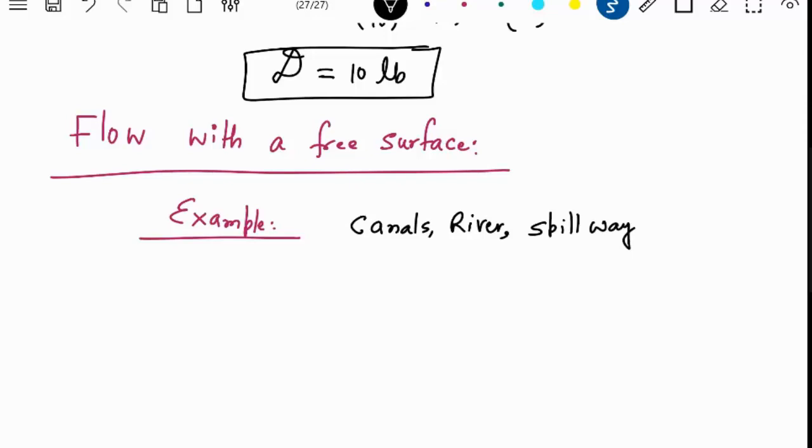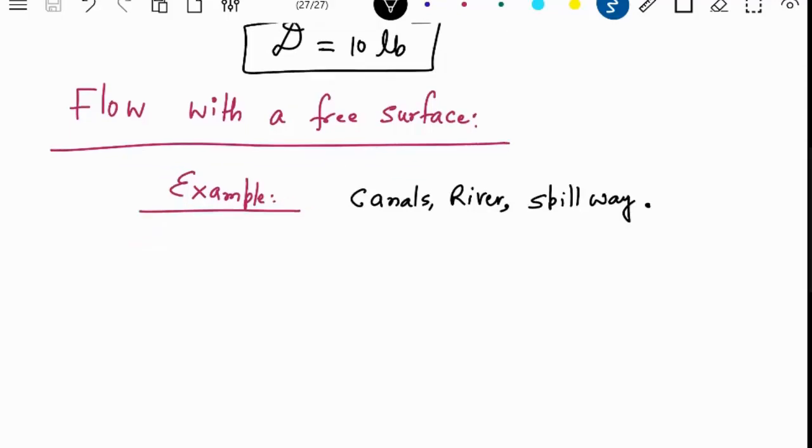So these are flows with a free surface. Basically, you will have one course on open channel flow, where you study this more. Now, in this kind of flow, we are interested in what non-dimensional numbers are important. This flow happens because of gravity. In a river, water flows mostly due to gravity, and some inertia force is also there. So in these cases, the Froude number will be important.